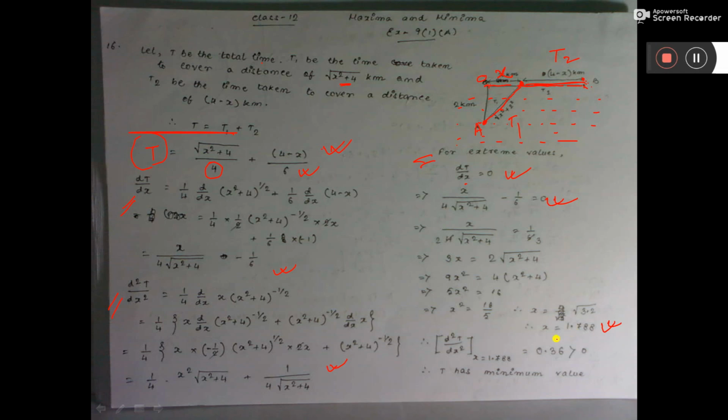Now the testing part: you have to put the value of x in the double differentiation, and see it is coming this one. By your calculator you put and see this is greater than 0. And greater than 0 means what? Minimum value. And in the question it is